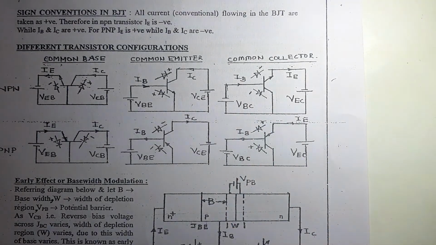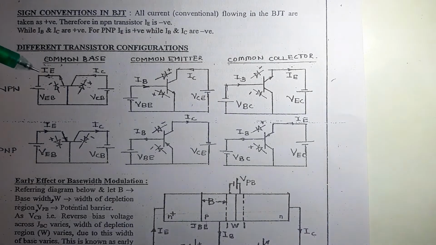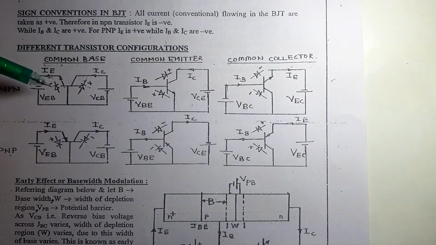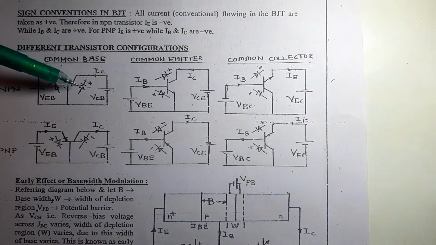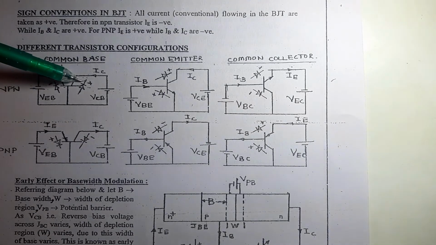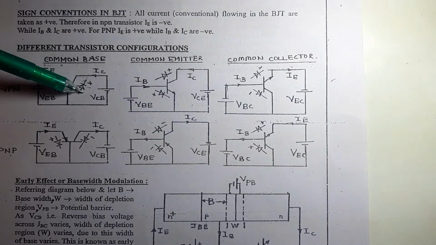Now how do you remember the battery voltages and how do you make them remember? Now over here you have a junction JBE and यहाँ पे a junction JBC. JBE को आपको forward bias बनाना रहता है हमेशा to make it work as an amplifier, and JBC को you have to make reverse bias. So forward bias में it is direct connection, that means negative के साथ negative, positive के साथ positive. Similarly over here, if you want to make this junction JBC reverse bias, negative के साथ positive and positive के साथ negative.